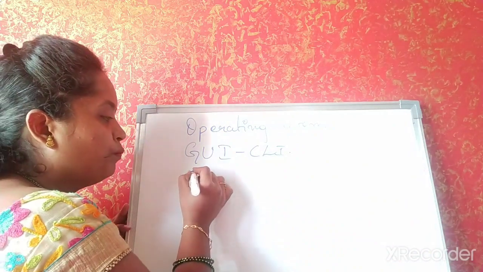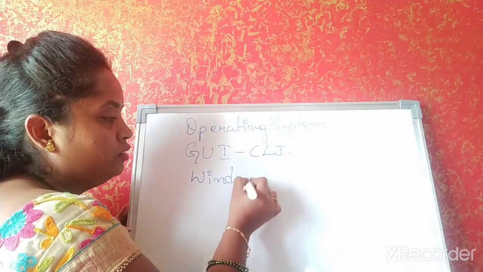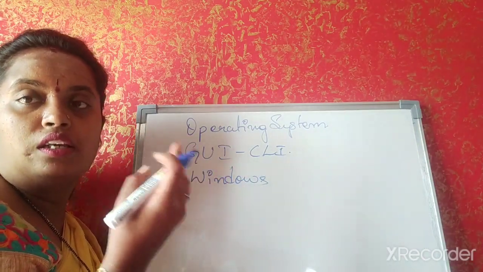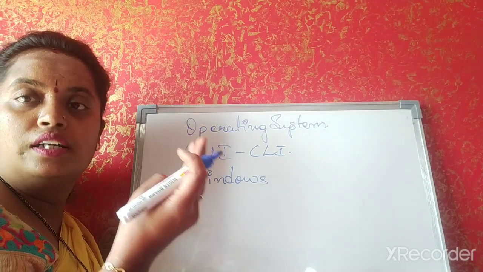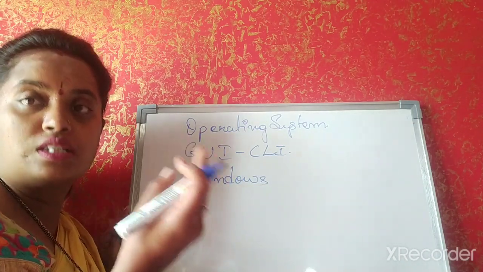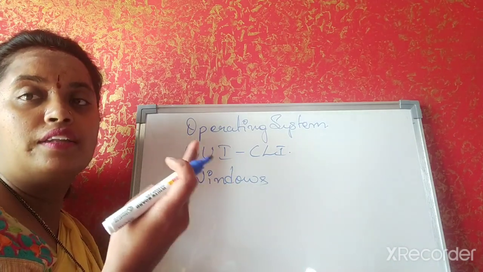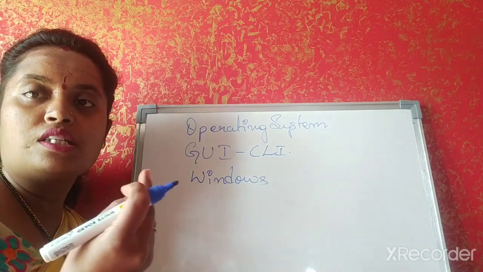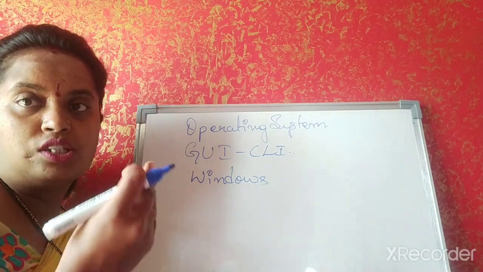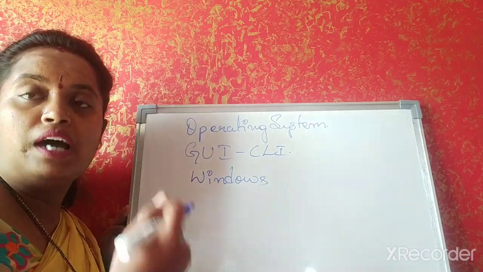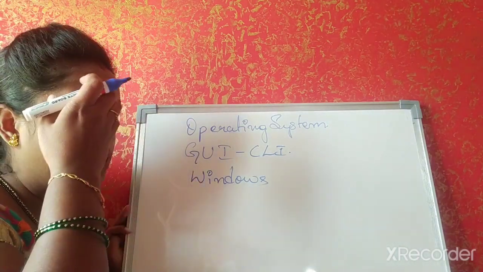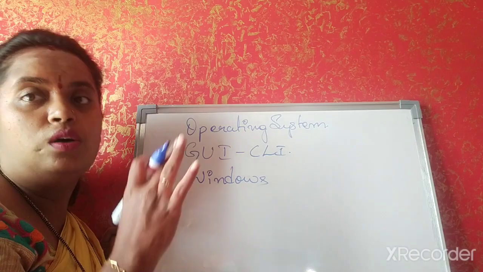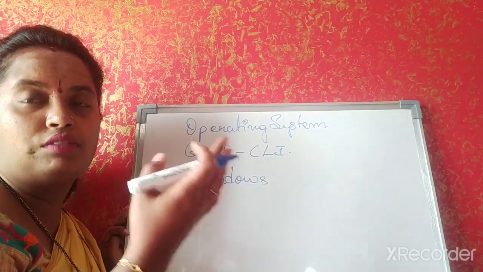Then you got to know the Windows screen. So what all is available? Icons on the desktop screen, taskbar, start button, system notification area, quick launch bar, then the desktop background. Icons are small pictures on the desktop screen. What is a taskbar? The bottom strip of the desktop screen is called the taskbar. You have the start button also, and the system notification area, where you have the clock also.